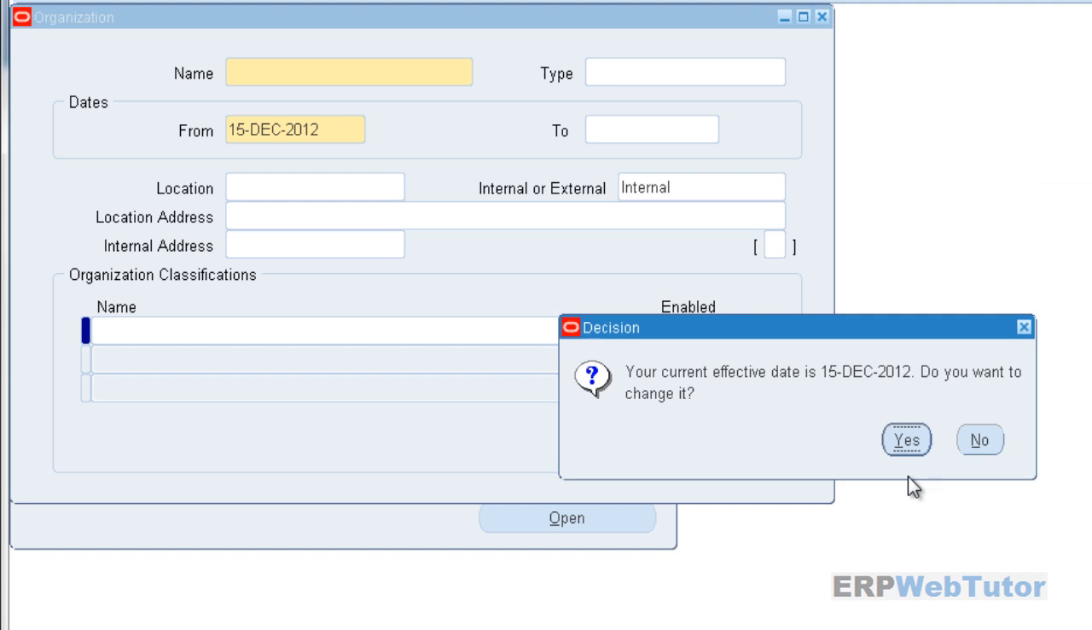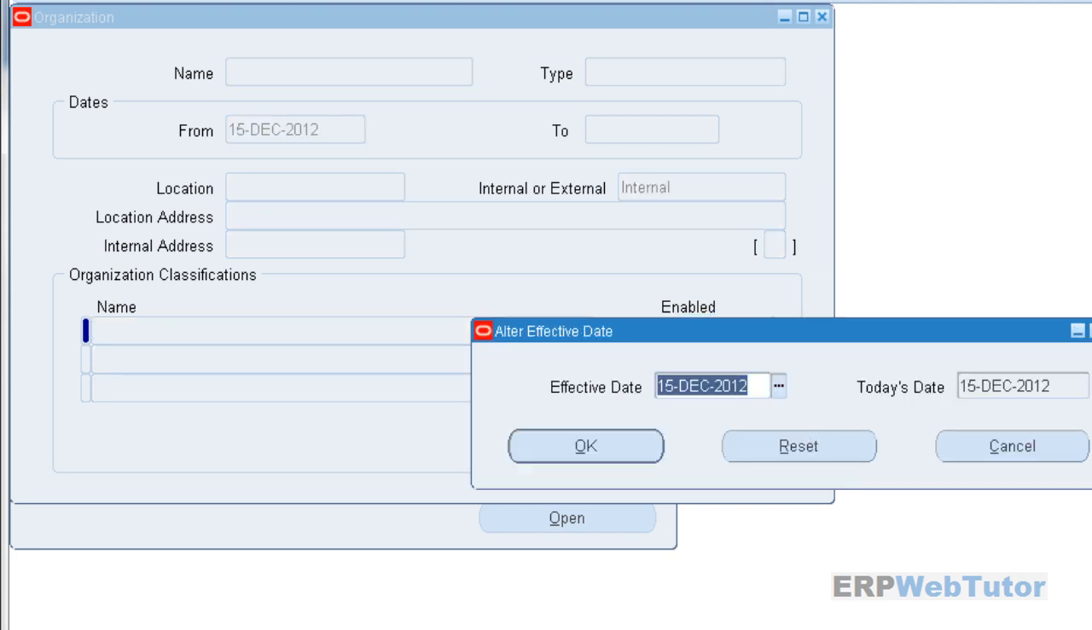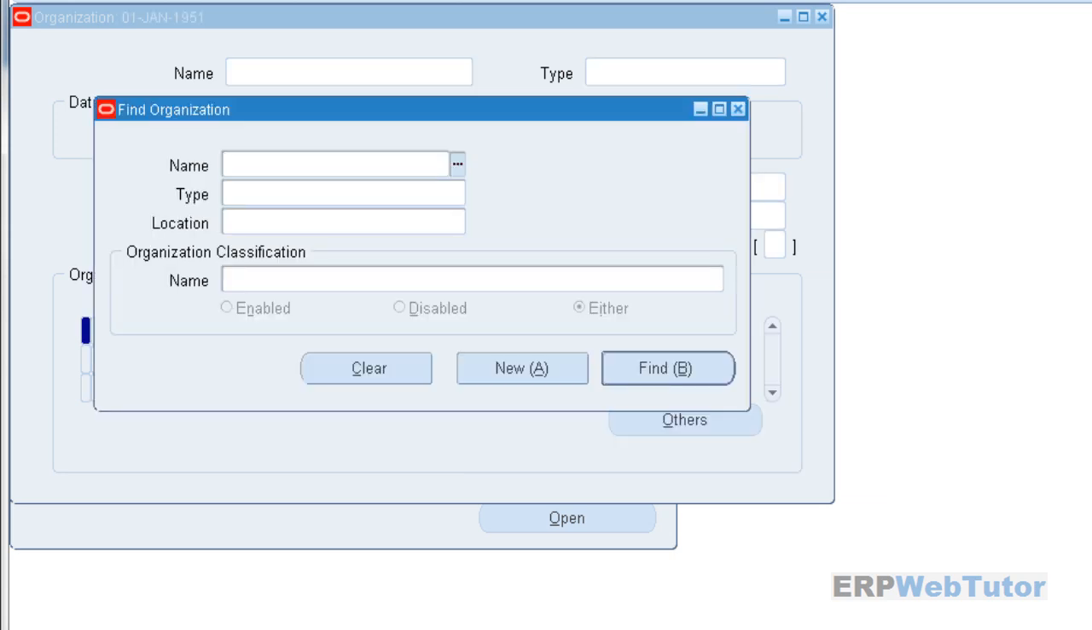Once we are on the organization screen, it's going to prompt us to change the effective date. So we're going to change it to our effective date, which we are using as 1st Jan 1951. Then on the find screen, we're going to find our business group. We can find by the name, or we can find by the classification, which is the business group. So we will click on find,